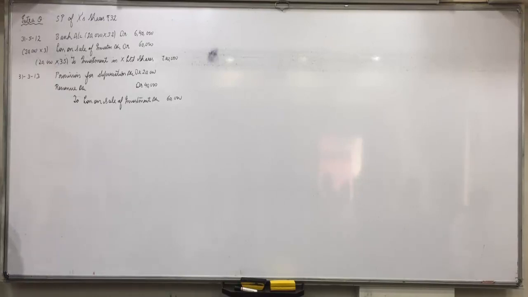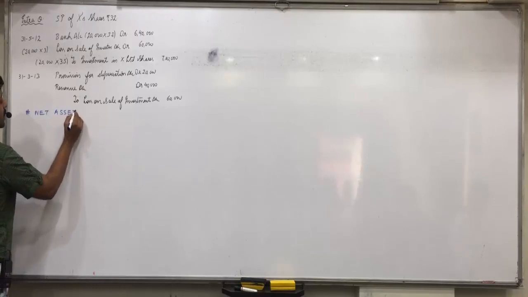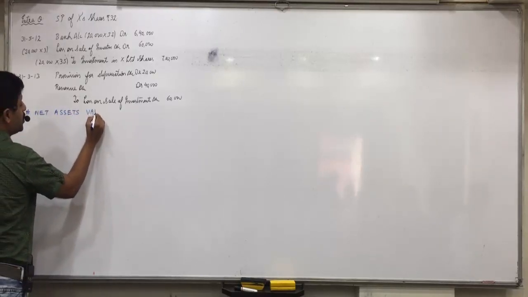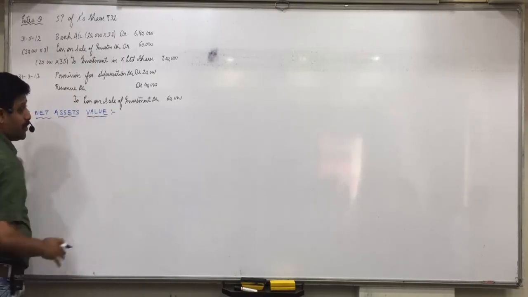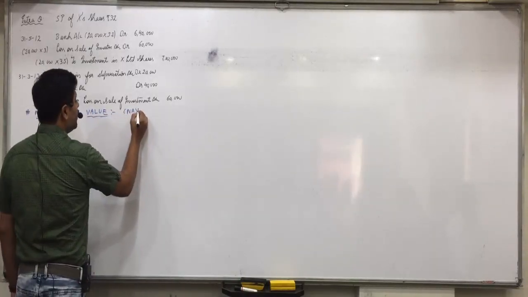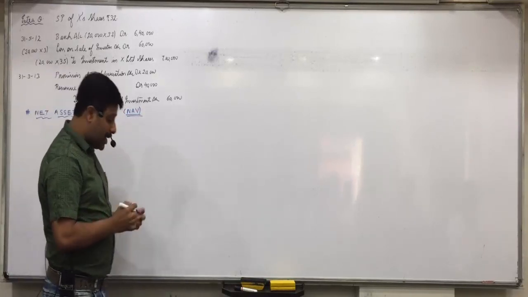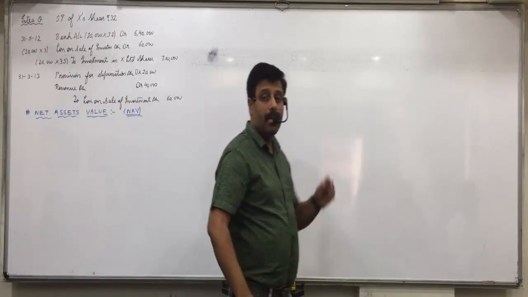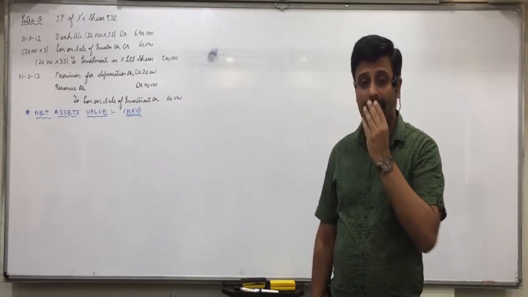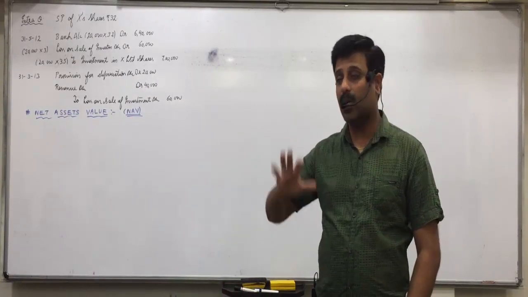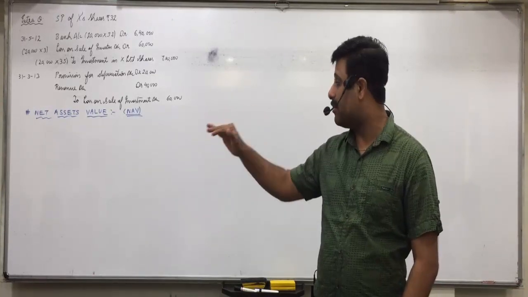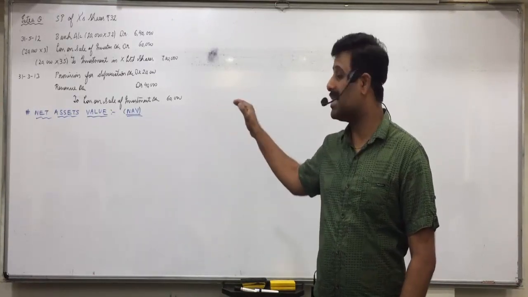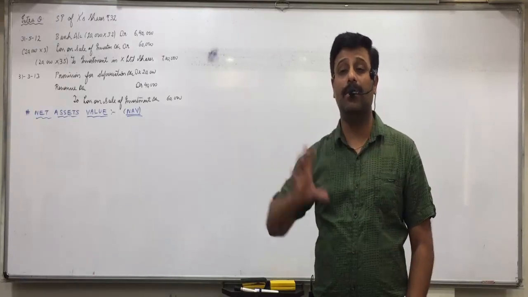Now, next questions are based on net asset value. These questions will be common in personal finance subject also. In the last unit you have mutual funds, with questions based on net asset value. What is this net asset value? Whatever investments are made by the mutual fund, and whatever the number of units issued in the public, the total net worth of the whole mutual fund organization is divided by that number of units. So you get the net asset value of that particular scheme or fund.